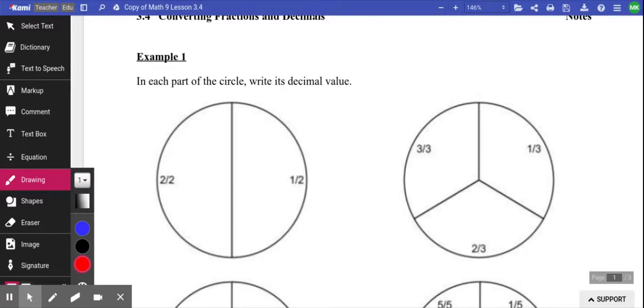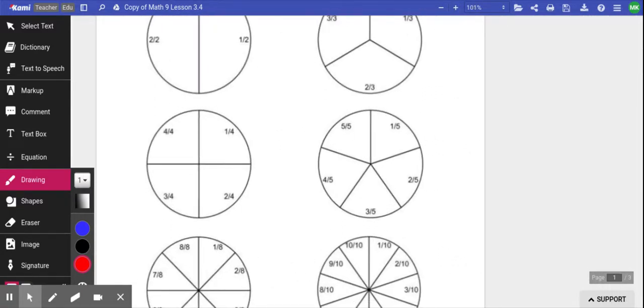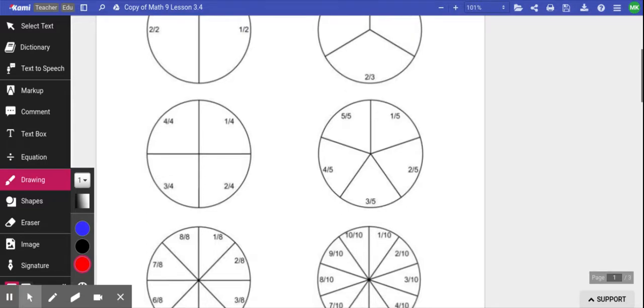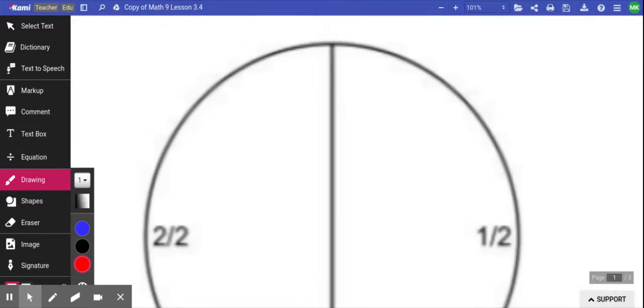So we'll start with fractions and just talk about what a fraction is. We've done this with pizza before. We're just gonna do some basic ones. We're gonna split circles into halves, thirds, fourths, fifths, eighths, and tenths, and then we're gonna try to write the decimal value for each one. So if you look at this first circle,